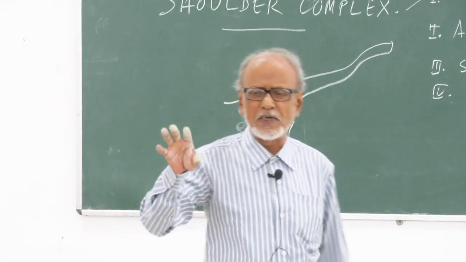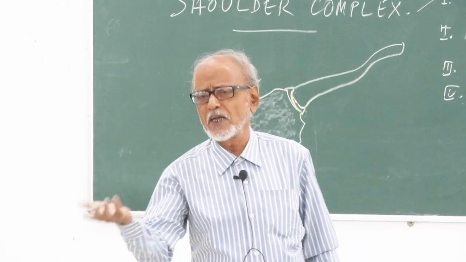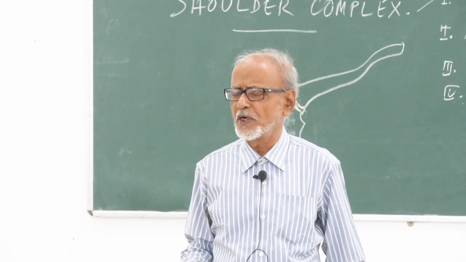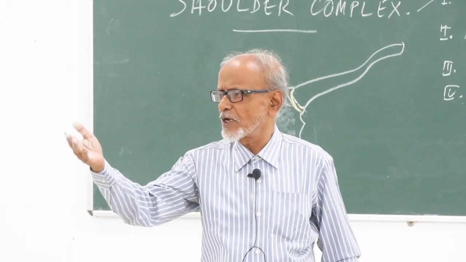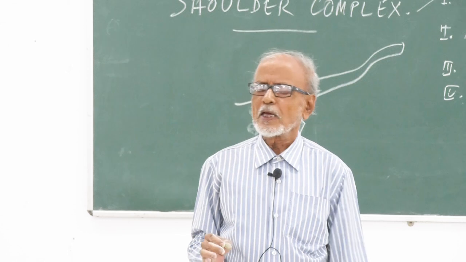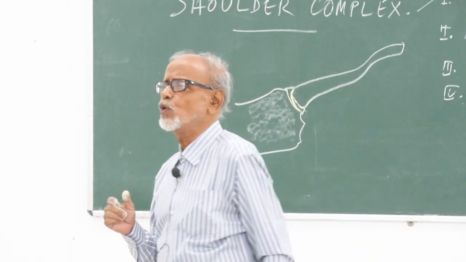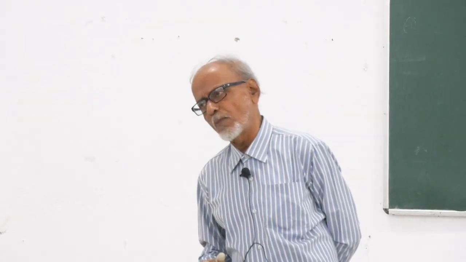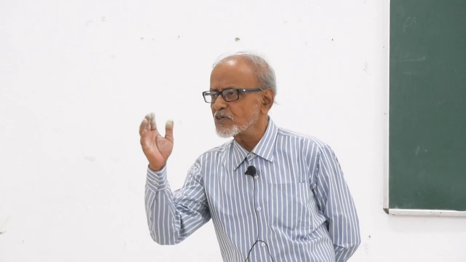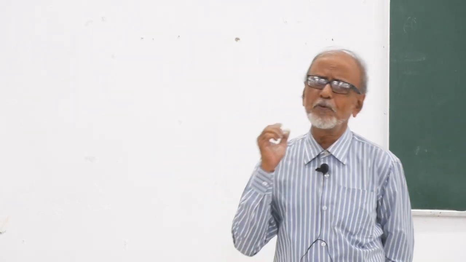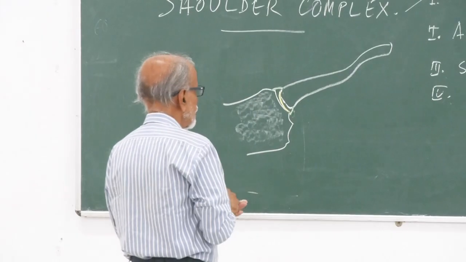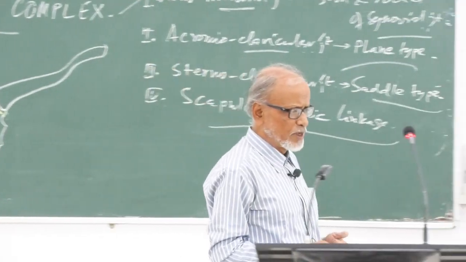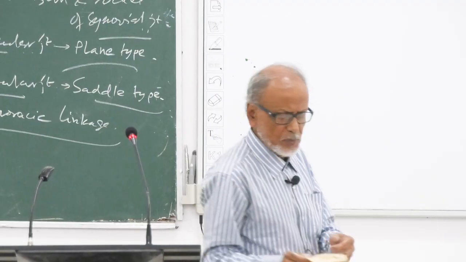অ্যাক্রোমিওক্ল্যাভিকুলার জয়েন্ট, which is very simple in function, in its organization also, plain type of synovial joint, দুটো flat surfaces articulate with one another, lateral end of the clavicle with the acromion. কিন্তু আনফরচুনেটলি এখানেও আমরা একটা মিনিসকাস দেখতে পাবো, দো উইথ এ সেন্ট্রাল পারফোরেশন, ইনকমপ্লিট মিনিসকাস। তাহলে ধরো এই যে অ্যাক্রোমিয়ান আছে।